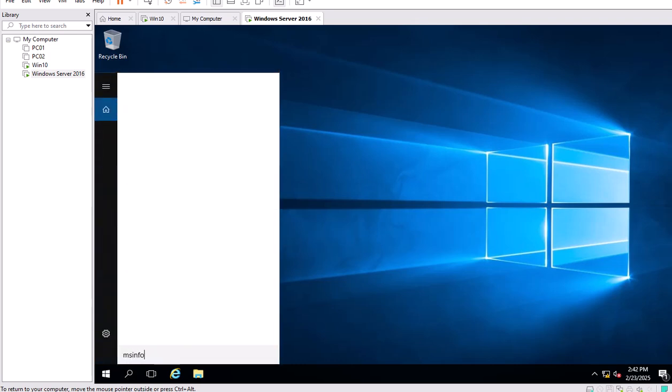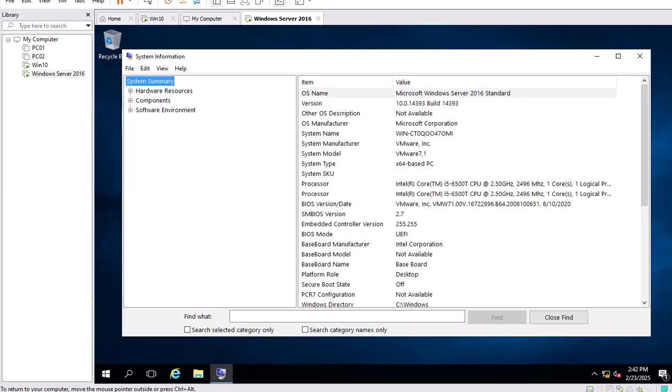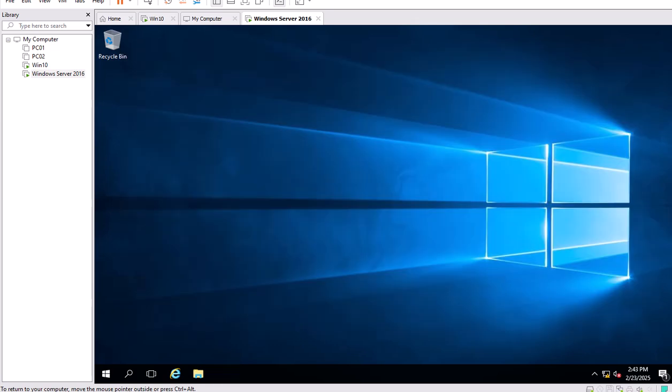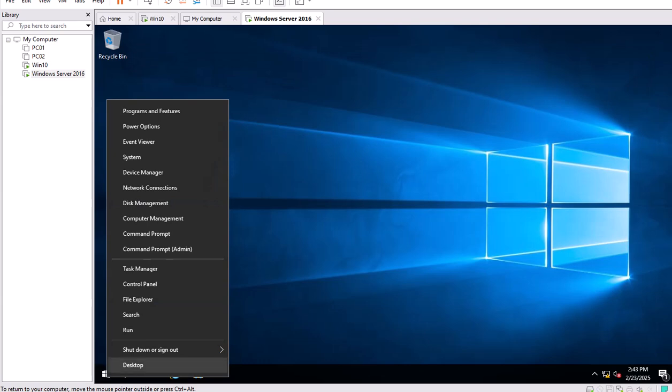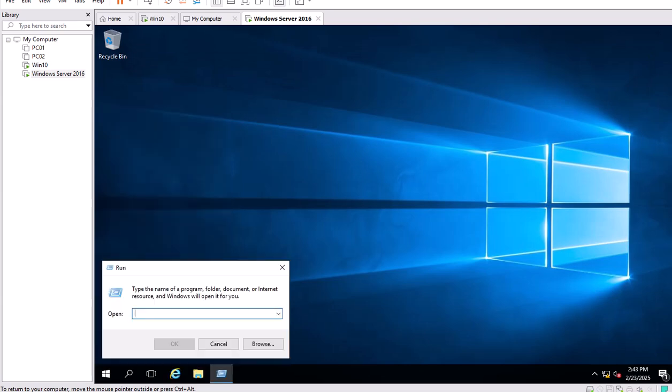Running msinfo32, you can see what the operating system is: Windows Server 2016 Standard. And we need to perform some prerequisites. First, we are going to